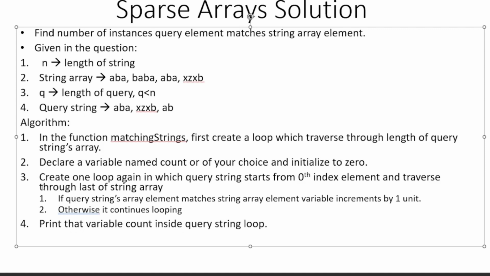And then we will start another loop which will traverse through the string list, and inside that loop we will check if the query string array element matches the string array element, then our variable count will increment by 1. Otherwise it will continue looping until it reaches the last element of the string list. And after completing all the elements